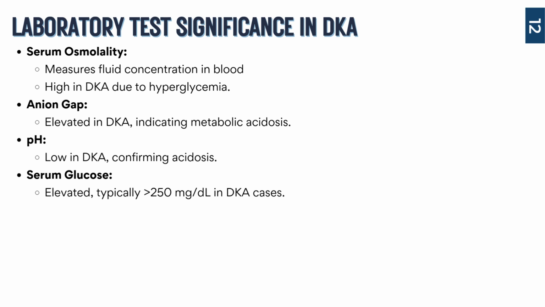And then last, we're going to talk about serum glucose. Obviously, you'd be monitoring this in somebody in DKA. So if serum glucose is consistently high in DKA, typically it's over 250, like I said before. Okay, so when it's high, we're going to be monitoring those glucose levels very frequently, every hour.